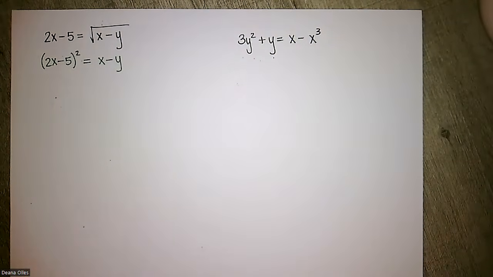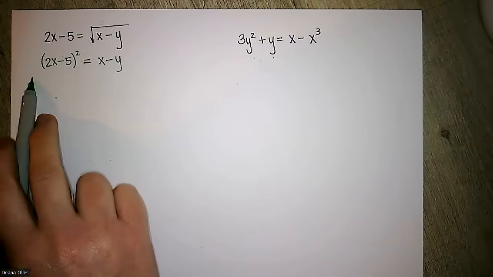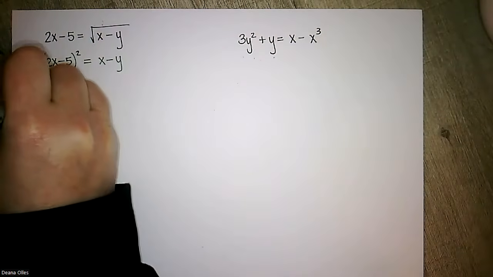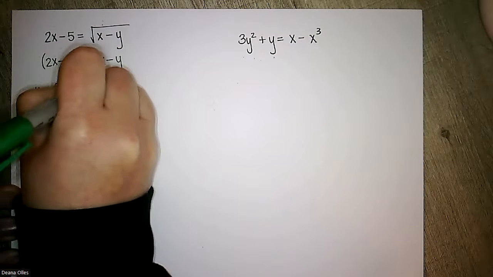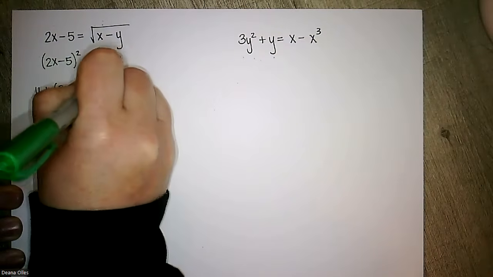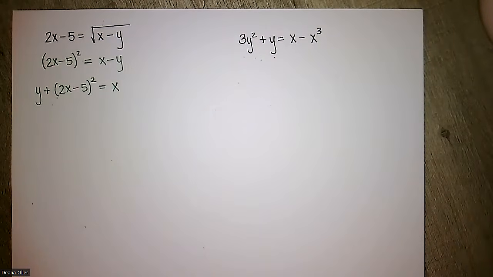I'm still trying to isolate y, but I don't love the fact that it has a negative coefficient. So I'm actually going to go ahead and add him over, which didn't really isolate it, but